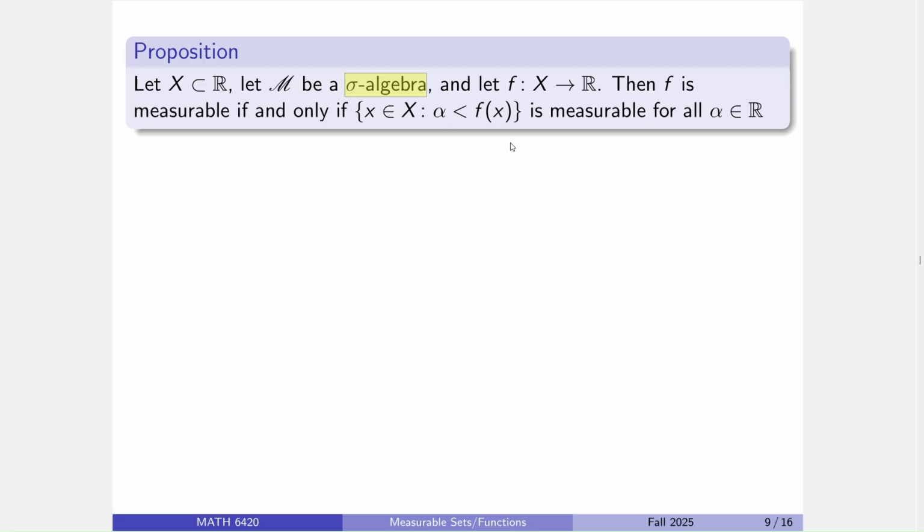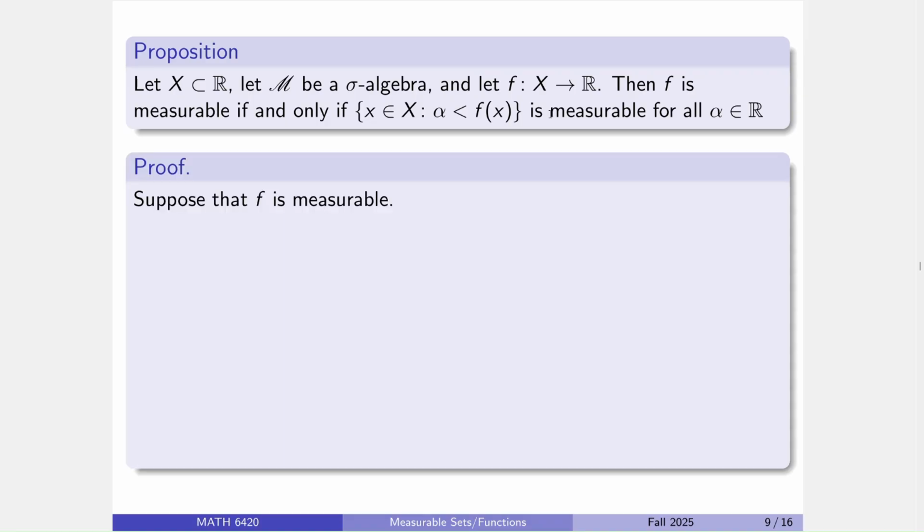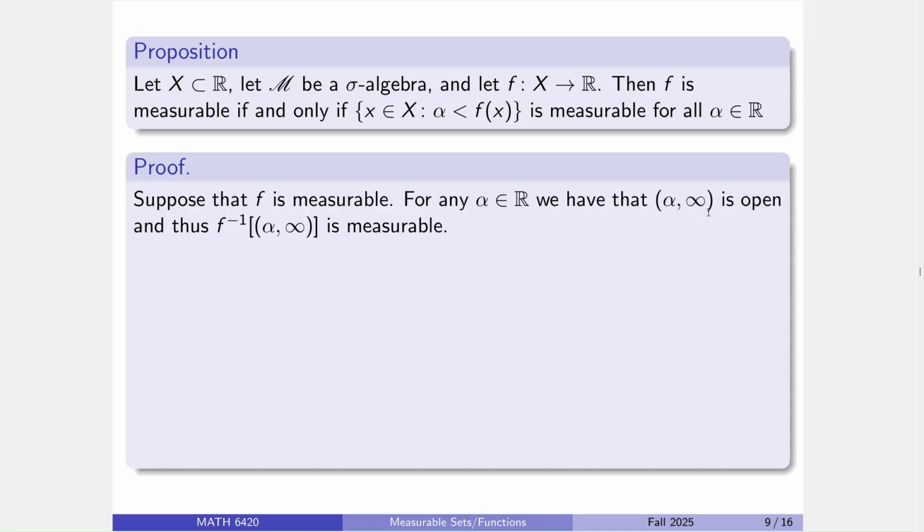But alright, so now we see measurable's key distinction between it and continuous, and now we're really seeing the power of sigma algebras as opposed to the collection of open sets. Alright, so the first direction's super easy, because if you're measurable, then these are open, and the inverse image is measurable. That's by definition what measurable means. So the converse is the fun one.